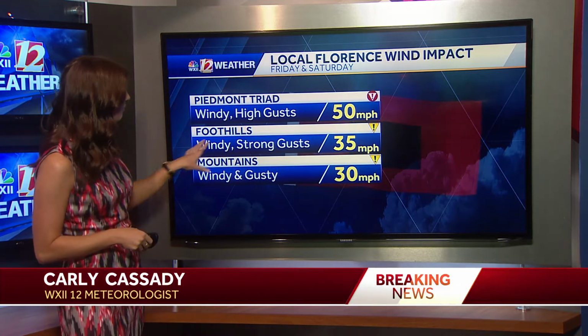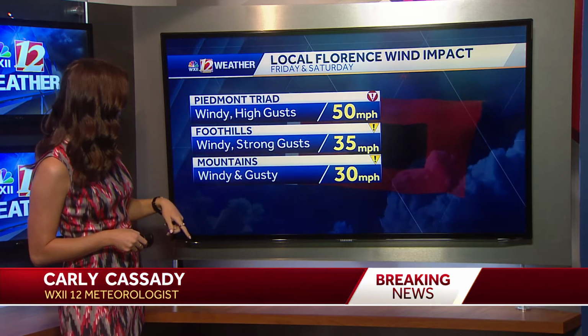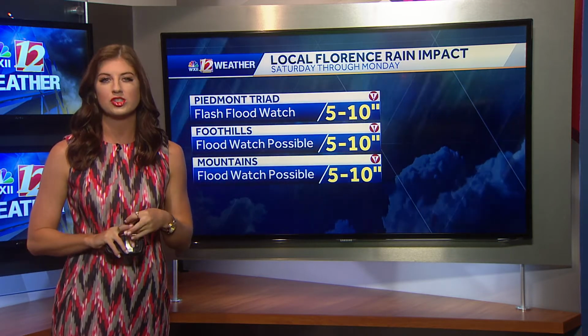We'll feel that once again for today. Even could have some of those gusts upwards about 50 miles per hour. Then as we work our way into the foothills, about 35 miles per hour. And for the mountains, still staying windy and gusty, upwards about 30 as well. So definitely feeling the breezy winds continuing throughout today, tomorrow, and then should start to relax as we get